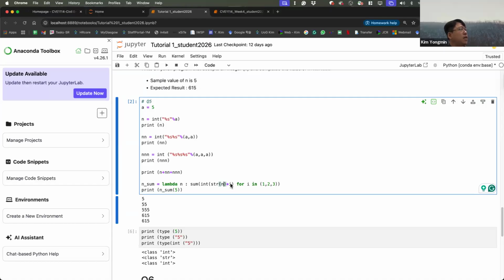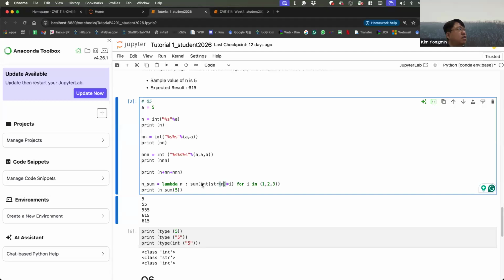This i successively reads off 1, 2, 3: i times 1, i times 2, i times 3. Then after that, this string is converted to an integer and summated.